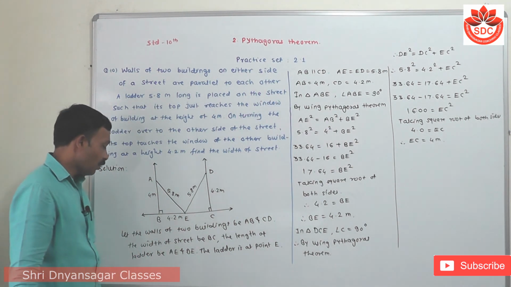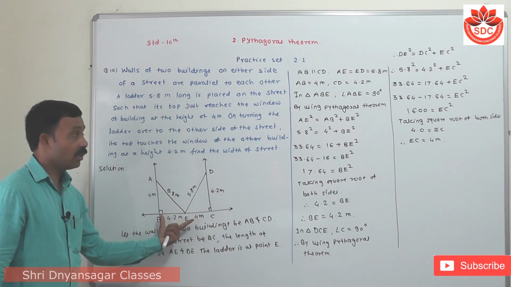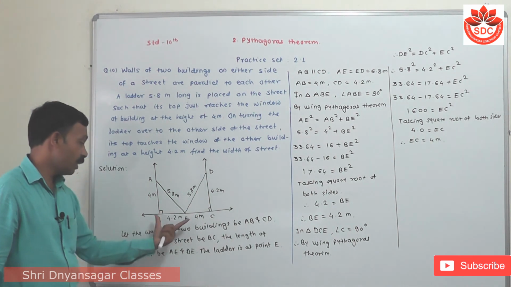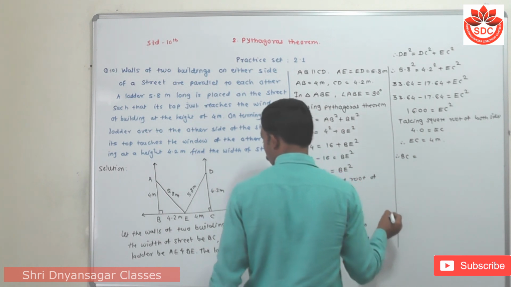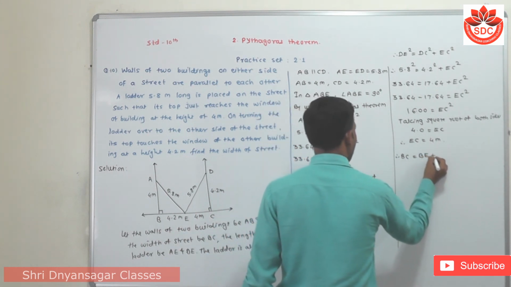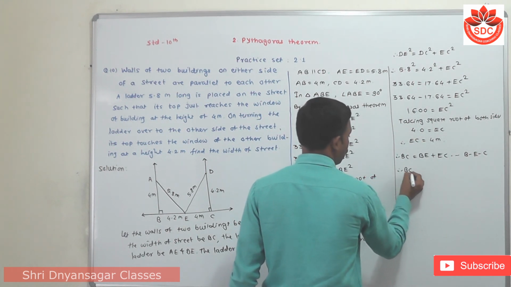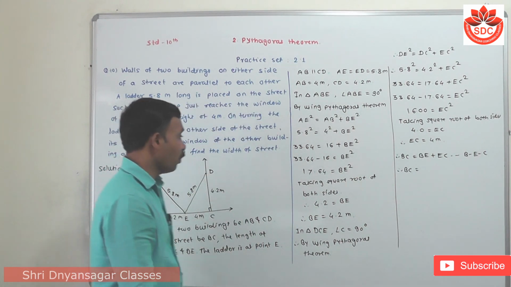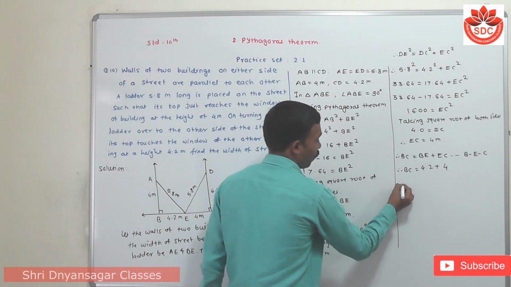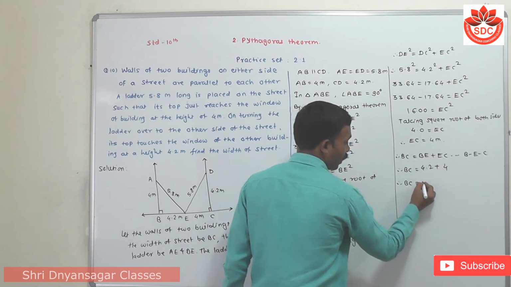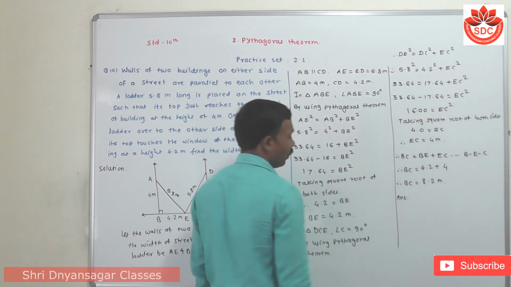Student, now look here, EC is 4 meter. Now BC is equal to, because we have to find out the width of the street, means that width BC is equal to BE plus EC, because B, E, C. Now we have to find this value: B is 4.2 plus EC is 4, therefore BC is equal to, the addition becomes 8.2 meter. Therefore the answer in full sentence, therefore the width of